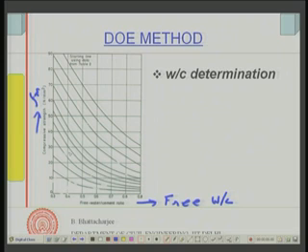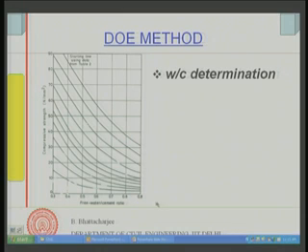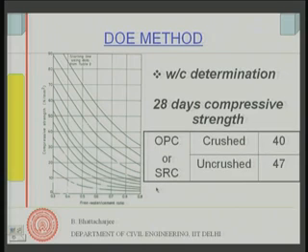So, there are several curves, and it tells us a method by which you can obtain the strength, the starting point could be the strength here. Okay. First of all, let us see what the guideline of the code itself is. The code gives a guideline that if you have OPC or sulphate resisting cement or any other cement, a table is given for several cements, and corresponding to this table, for crushed and uncrushed aggregate, it gives you the 28 days strength. This one I have chosen is the 28 days compressive strength.